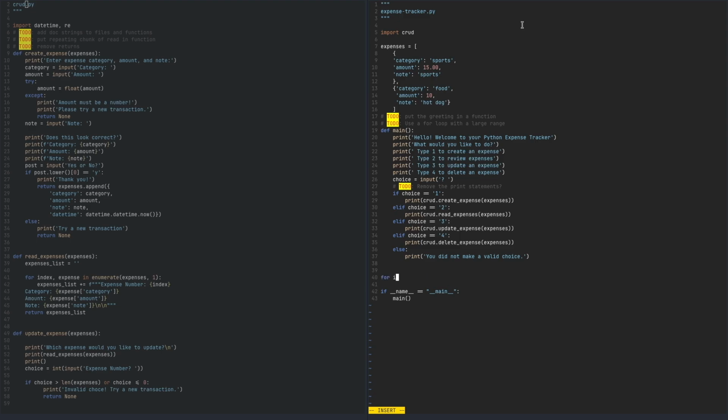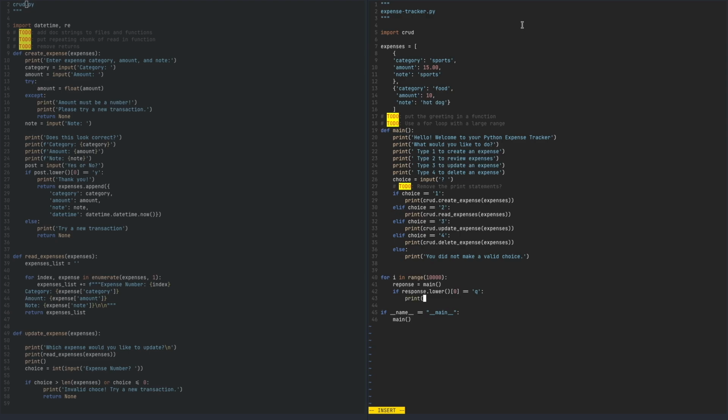So for i in range 10,000, we'll say response equals main, and then if response dot lower first character equals q,